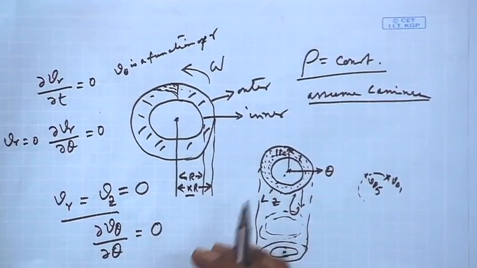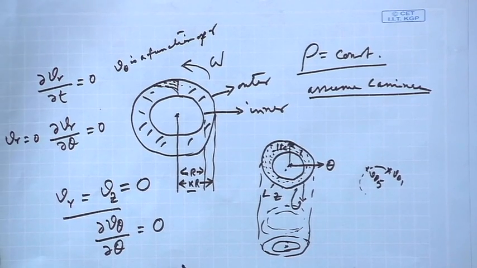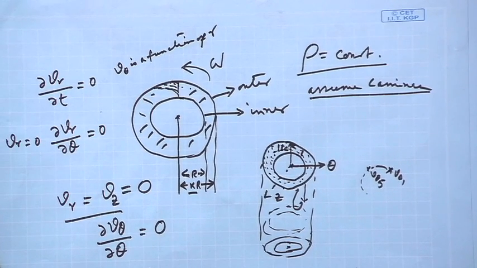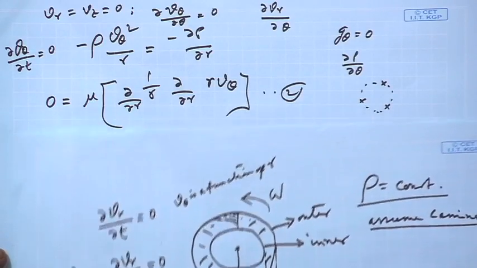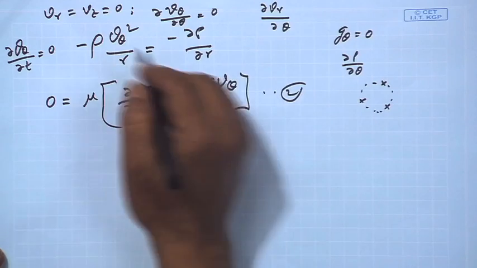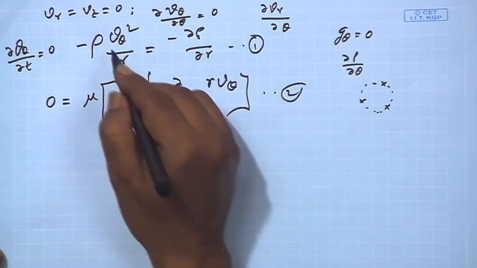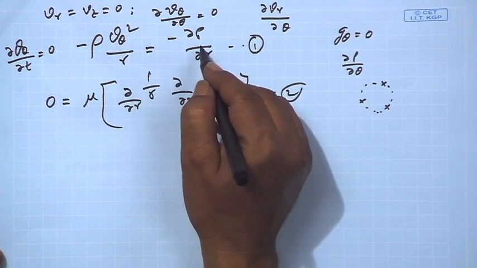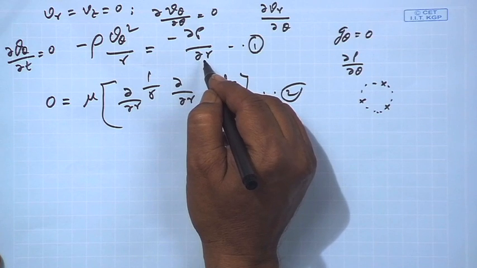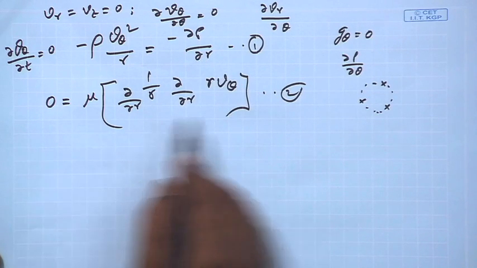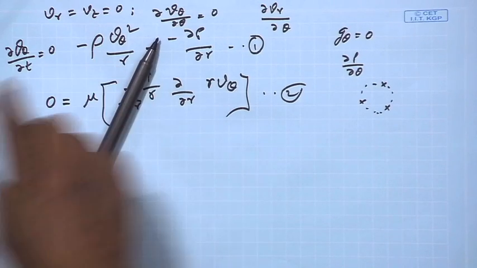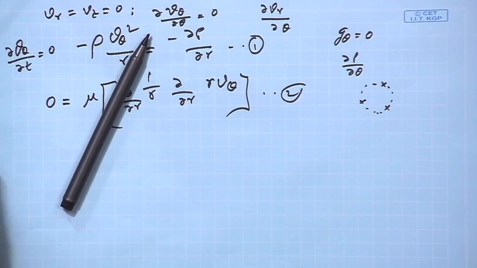The first equation we got, if you remember, was rho v theta square by r is del p del r, right. But here it is 0, mu, this is the second,